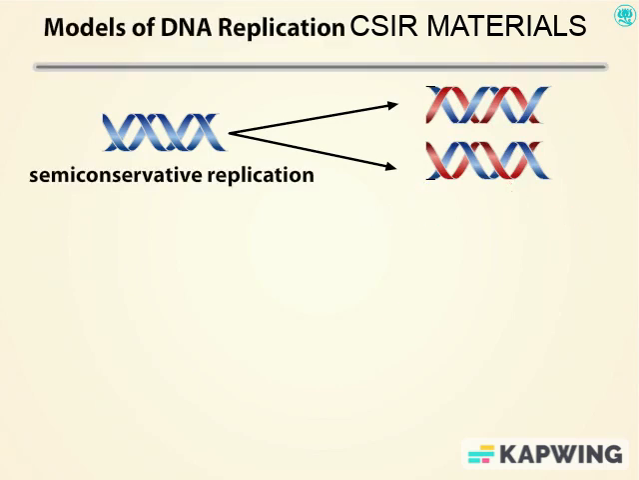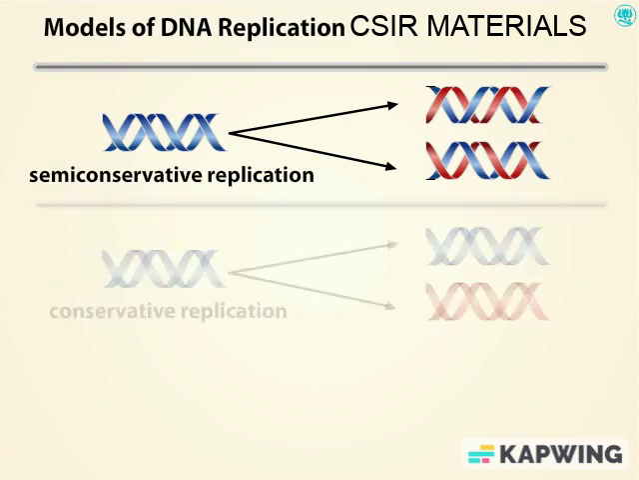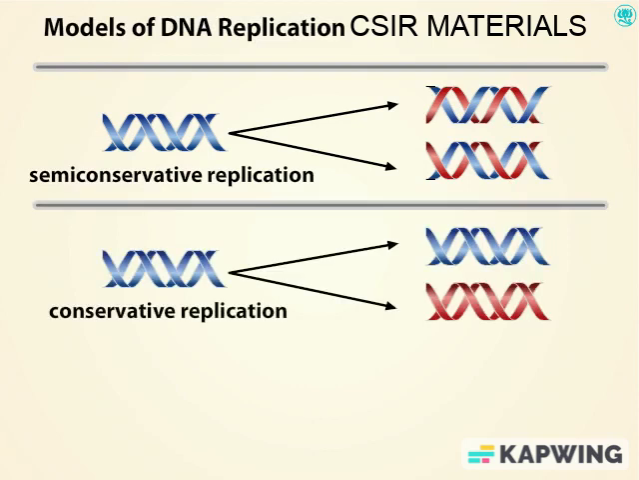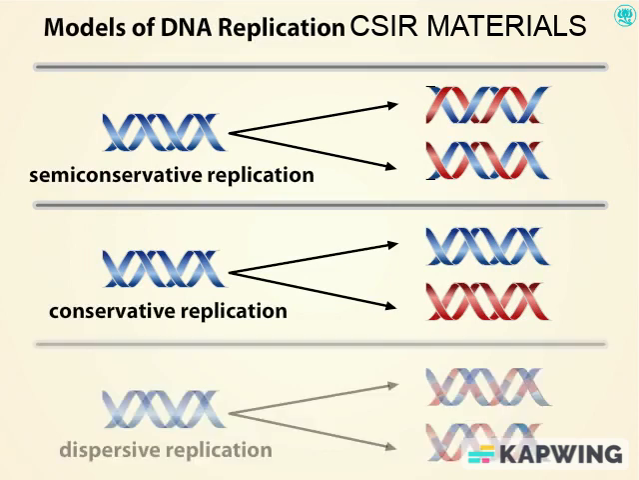There are other models to consider as well. For example, the old DNA molecule could be preserved and an entirely new DNA molecule could be produced from it. In yet another model, the result of replication would be two molecules with old and new DNA interspersed along each strand. Although Watson and Crick proposed the model of semiconservative replication, at the time no evidence existed to prove that